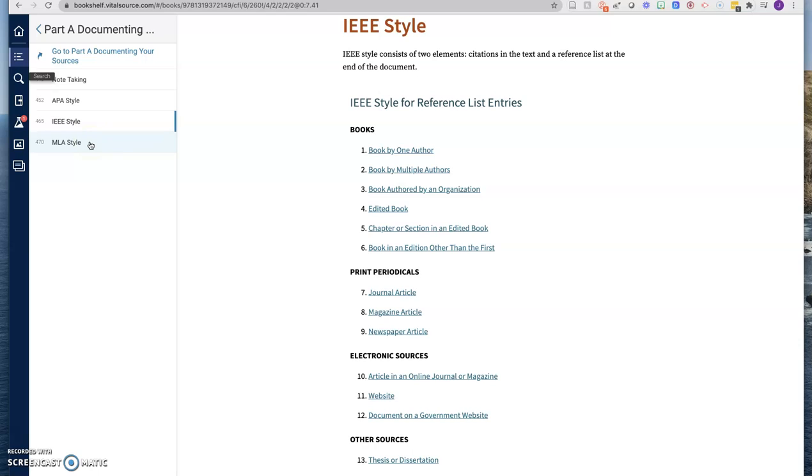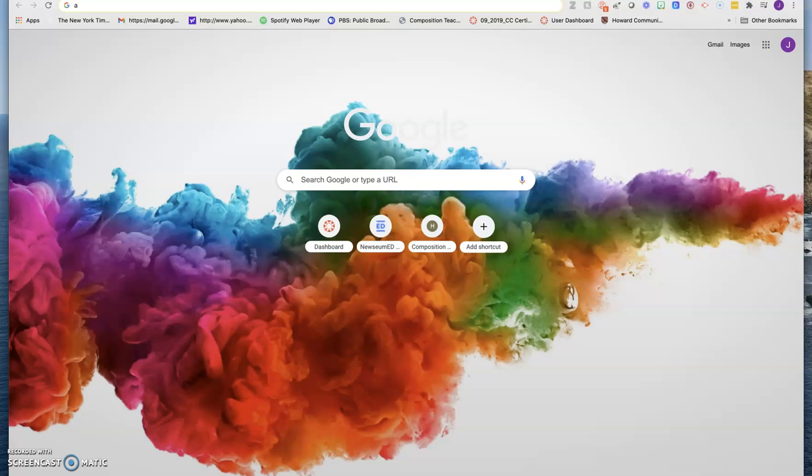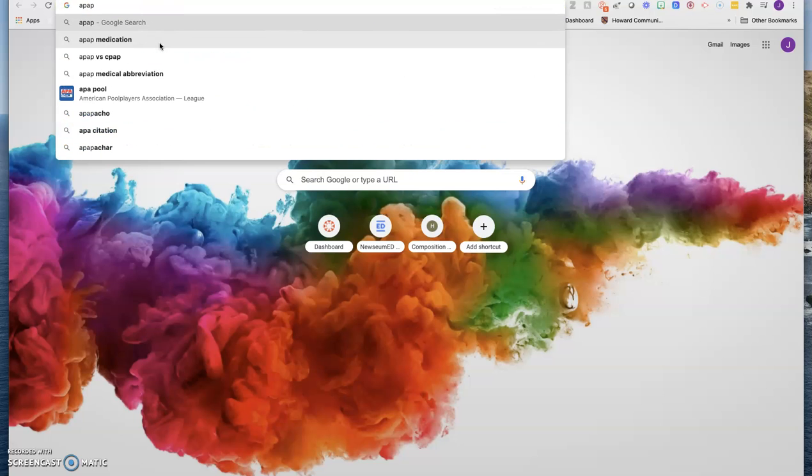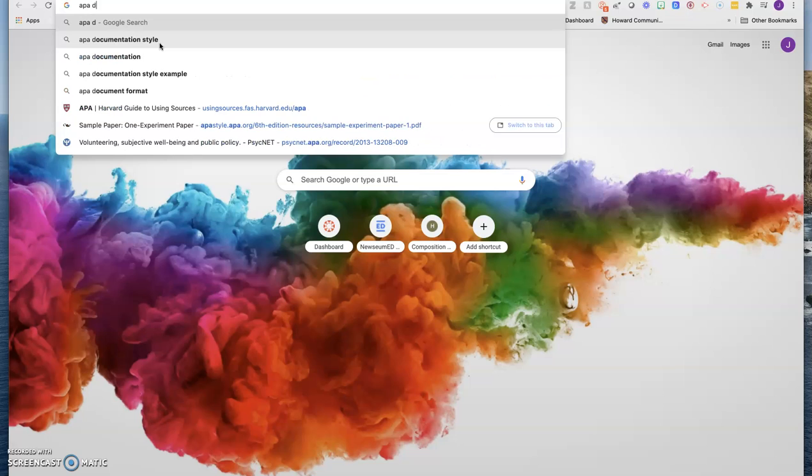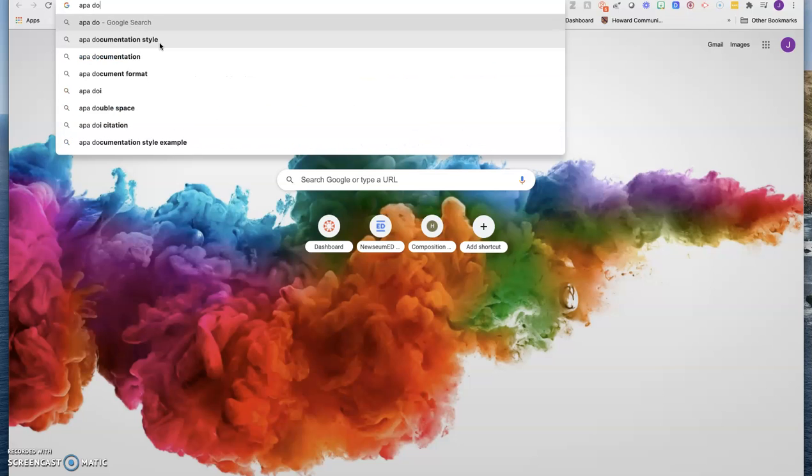Same with MLA. Often, though, in a textbook, even the same is true when you're looking at a citation generator online, it isn't going to show you every possible way of citing something. So it's a good idea to know how to find manuals or how to find more help. So what I'm going to do is a really quick search here. So let's say, for example, that you know that you have to cite something in APA. If you do a quick search for APA, you can call it documentation